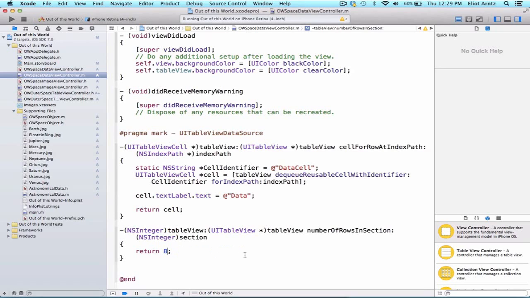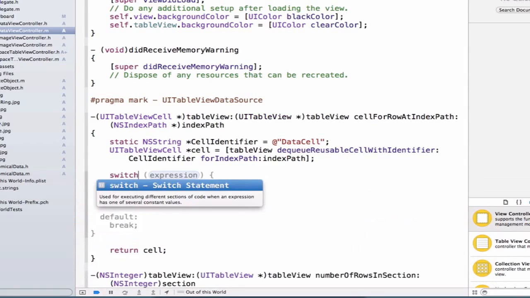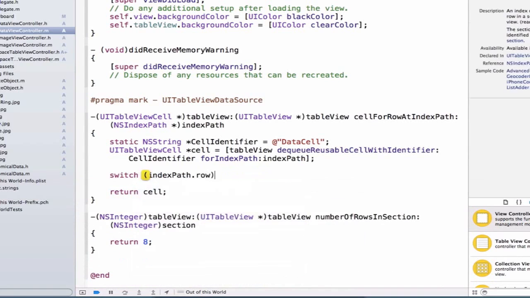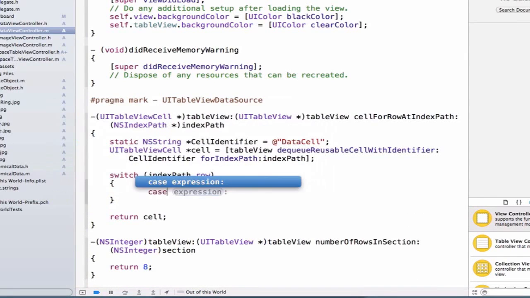We also need to update our method cellForRowAtIndexPath, and instead of cell.textLabel.text, we're going to remove this line of code. We're instead going to use a switch statement, which is kind of like a variant of an if statement, in order to display our information on the table view properly. So we're going to type switch indexPath.row, and we can add curly braces, and we'll write case 0,